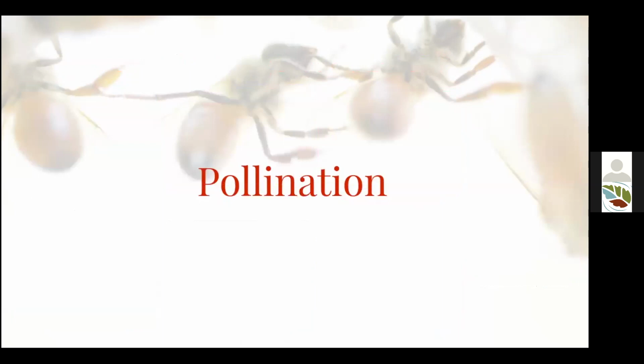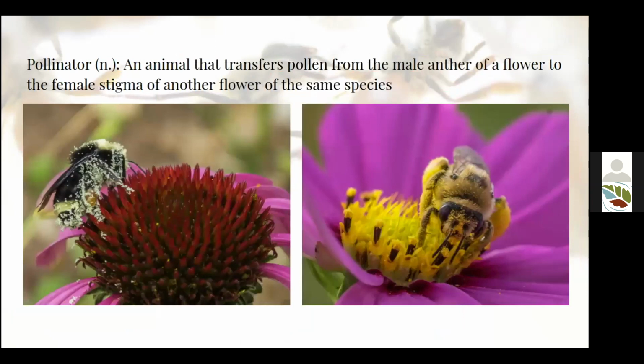Okay, so we've talked a lot about pollination, but I want to dive into that a little bit more. A pollinator is any animal that transfers pollen from the male anther, the male part of the flower, to a flower of the same species that comes in contact with the female stigma. That pollen is essentially the male genetic material of the plant itself, and when it comes in contact with the stigma of the same species, that pollen will travel down the ovule into the ovary to fertilize the egg, and that's how they produce seed.